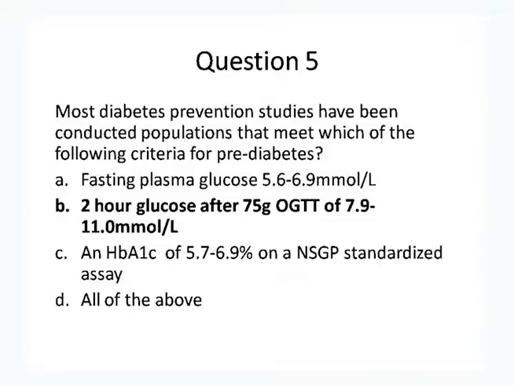B, everybody's saying B, yes. So most of the studies that we have looked at, where they're looking at prevention of type 2 diabetes, have used the 75-gram oral glucose tolerance test to put people into that study. So we haven't had many studies where it is based on fasting glucose, and we haven't had any studies, as far as I'm aware, that have looked at people with abnormal A1C. So when we look at the evidence, the strongest evidence is going to come from people primarily with the 2-hour glucose